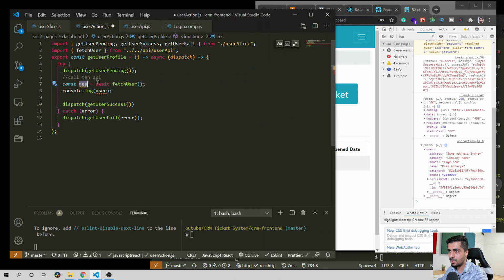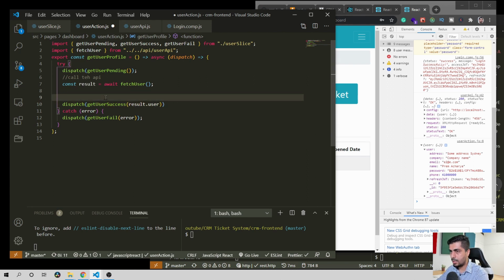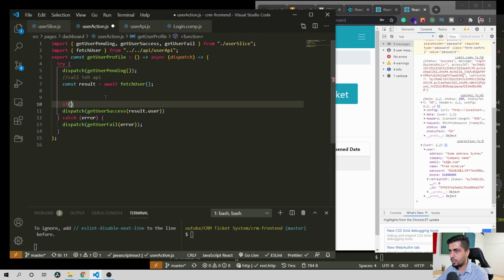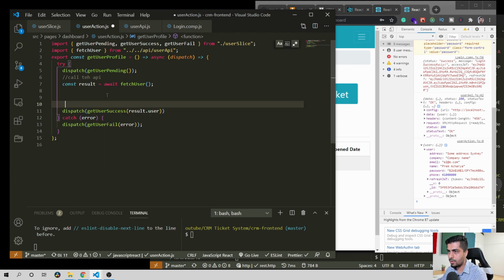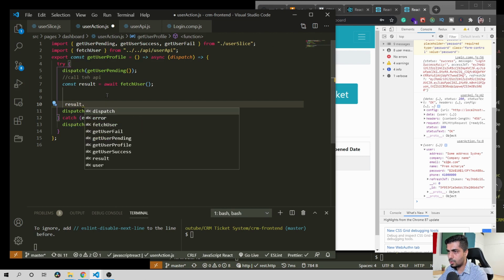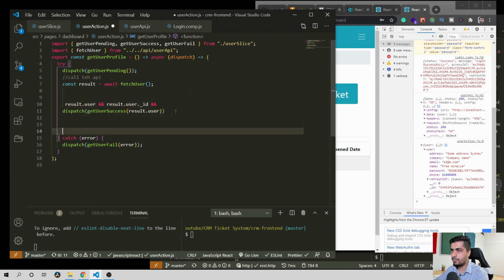So instead of passing this one as a user, I'm going to say result, and the user is inside the result, so result.user. In case there is no user, we can check: if result.user and result.user._id,